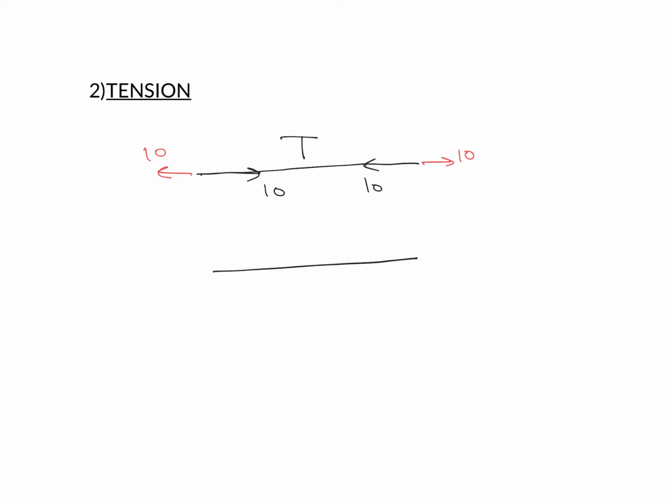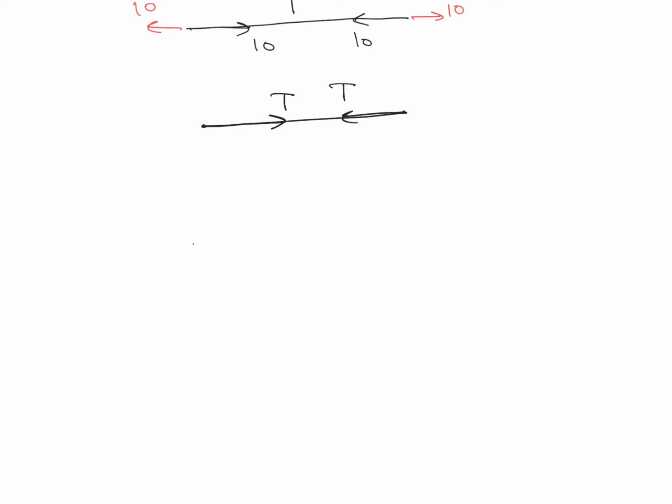If you observe the direction of tension, we always draw two directions for this tension, and this tension force is always acting away from the point where it is attached. So this will be the direction of tension. I can take another example. Assume that we are exerting a force of 20 Newton towards right and 10 Newton towards left. Over here you can observe that it will move because of a net force of 10 Newton towards right, and 10 Newton is converted in the form of tension. So the tension developed in this string will be equal to 10.